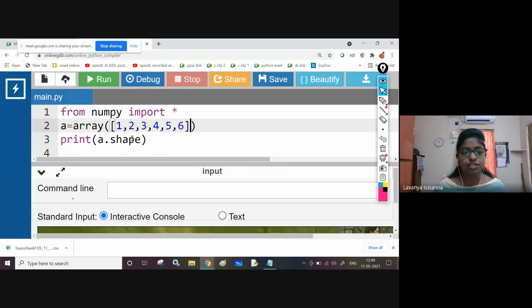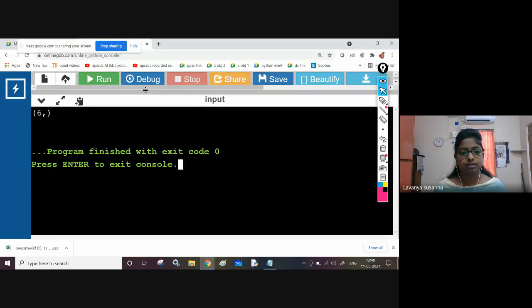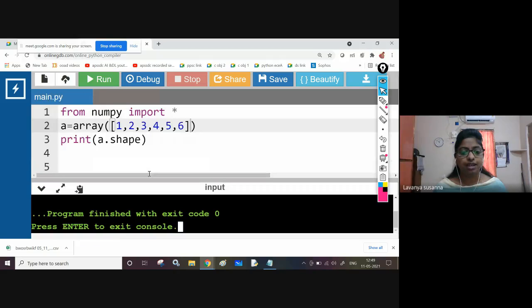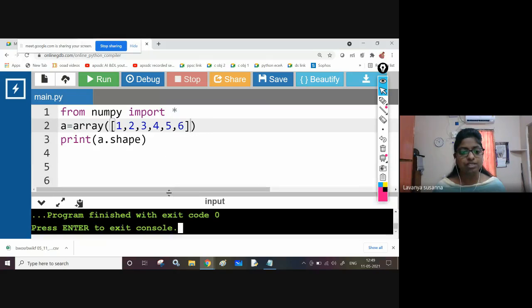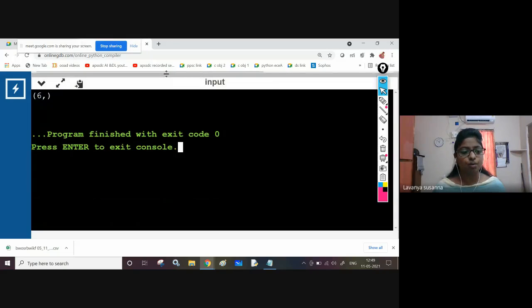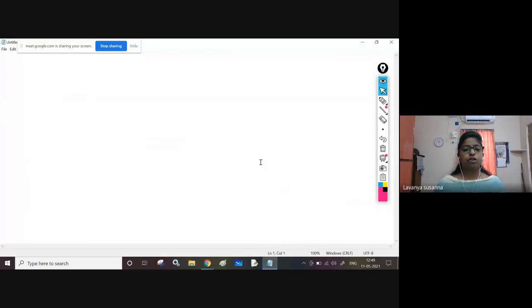Now A dot shape. What is the output we are getting? See, 6. That is the number of elements. How many elements are there? 1, 2, 3, 4, 5, 6. In a one dimensional array, you will get it like this, 6 comma.